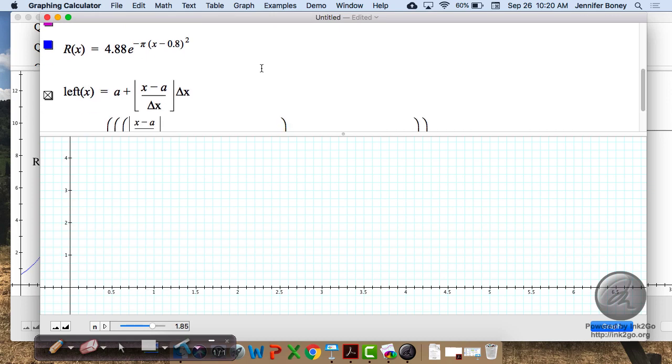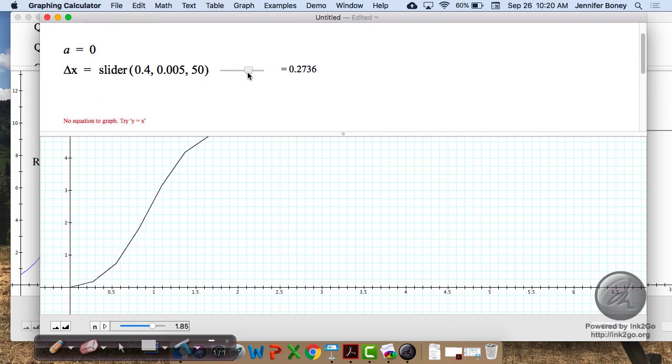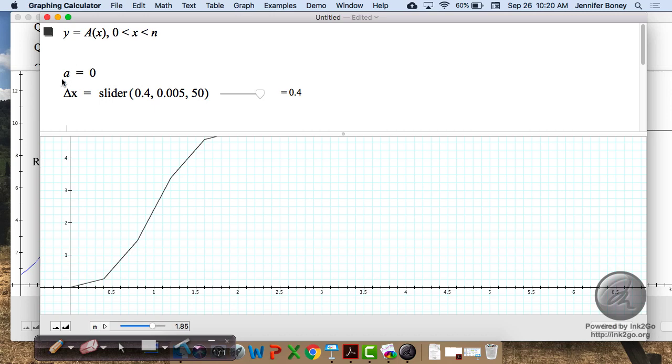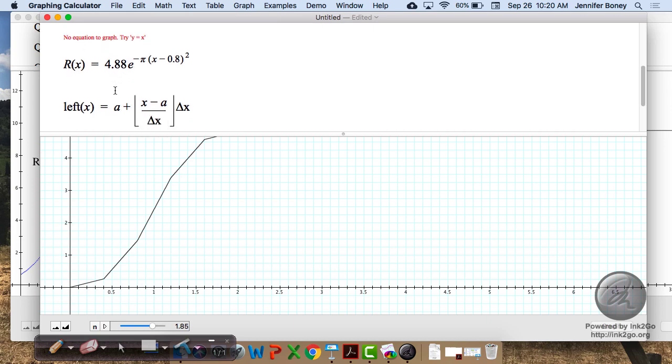The accumulation sum, if you define a delta x and an a value, and I put delta x as a slider so I could change it for this, so I can say, oh, what if delta x is, and I just use the same values as before, anywhere from very small to kind of large. If you define your parameters, a value for a and a value for delta x, and define what other pieces you need, like a specific rate function,